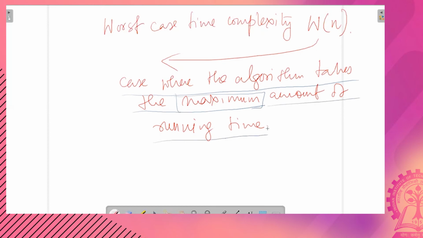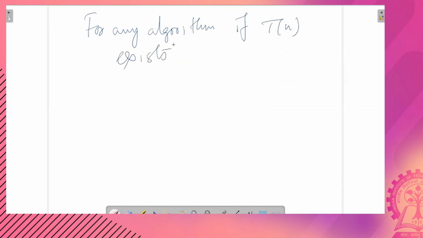Okay. So worst case is the case where the algorithm takes the maximum amount of running time. Okay. So for any algorithm, if Tn exists, okay, that is the every case time complexity exists for that algorithm, then Wn, can you guess?